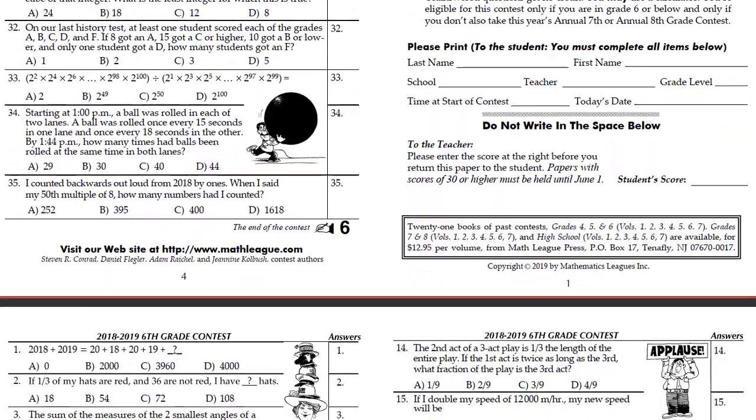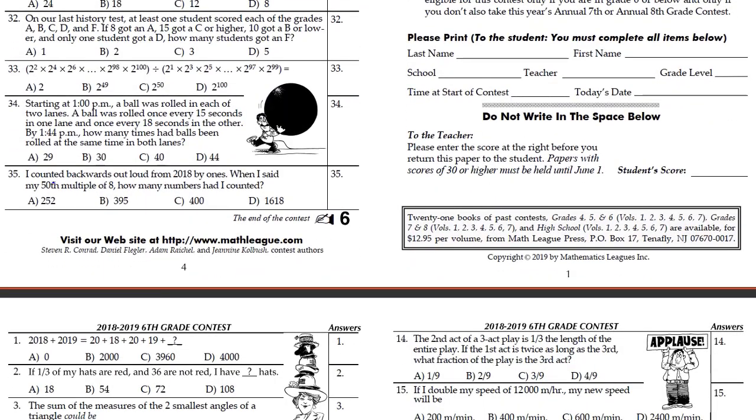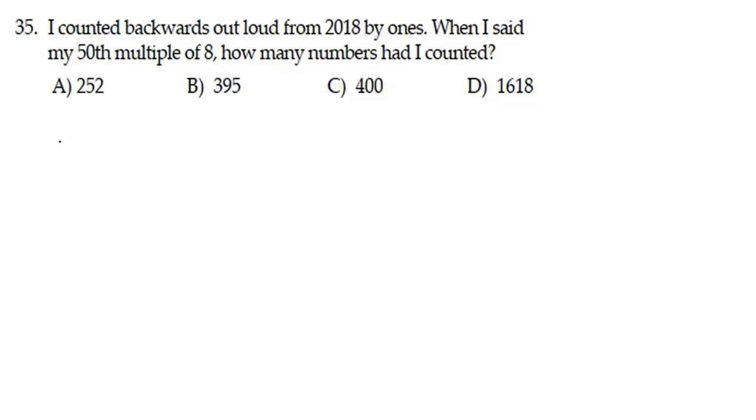Let's solve from 6th grade. Again, last problem. It says I counted backwards out loud from 2018 by ones. When I said my 50th multiple of 8, how many numbers had I counted? Okay, so let's write